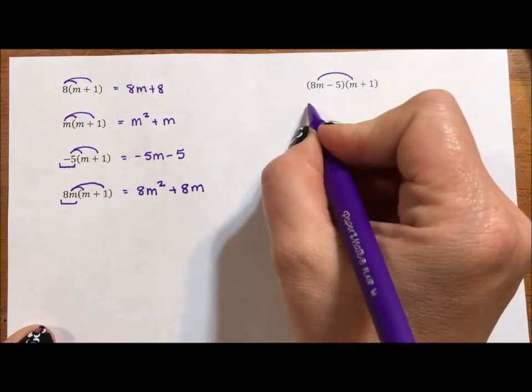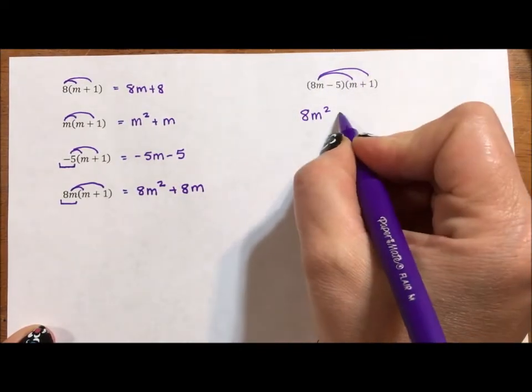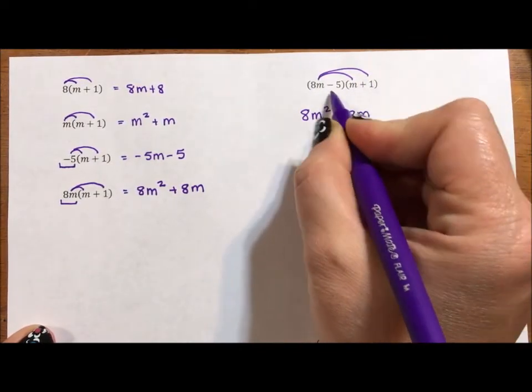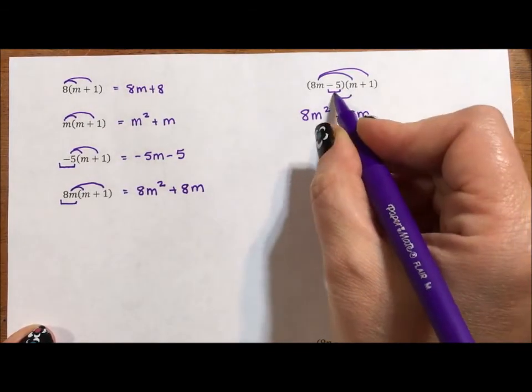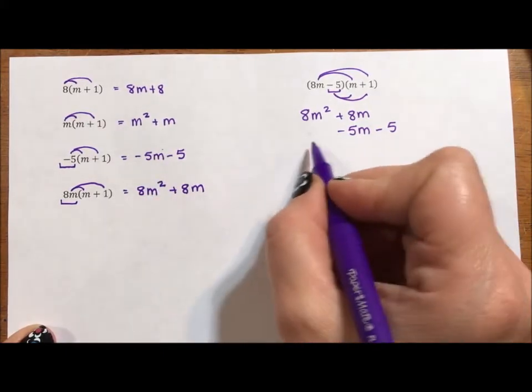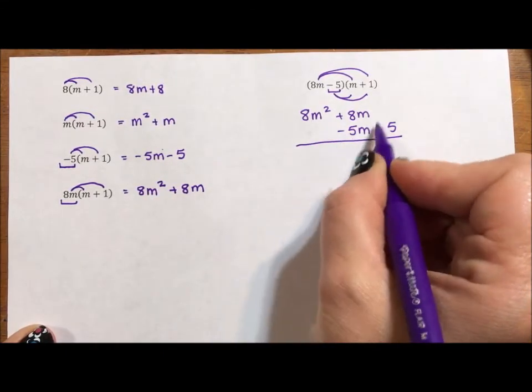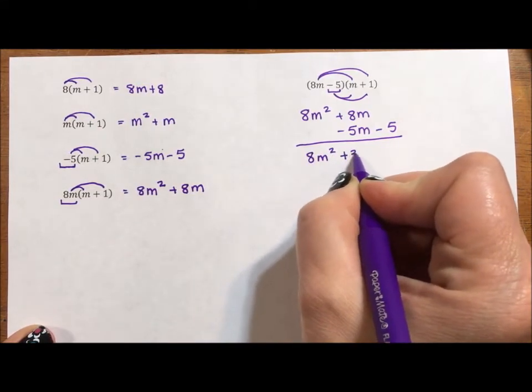8m times m is an 8m squared. 8m times 1 is a plus 8m. Negative 5 times m is a negative 5m. And negative 5 times 1 is a negative 5. Notice it's just these two lines stacked up where I stack my like terms to get 8m squared plus 3m